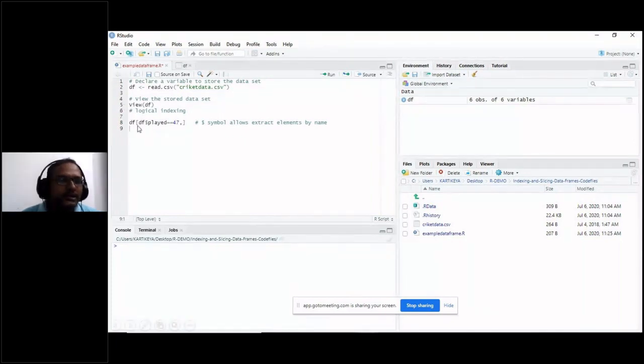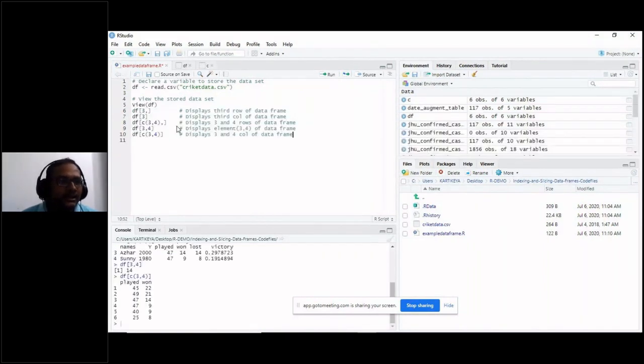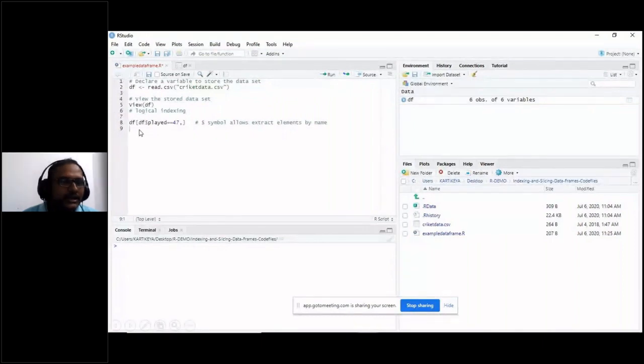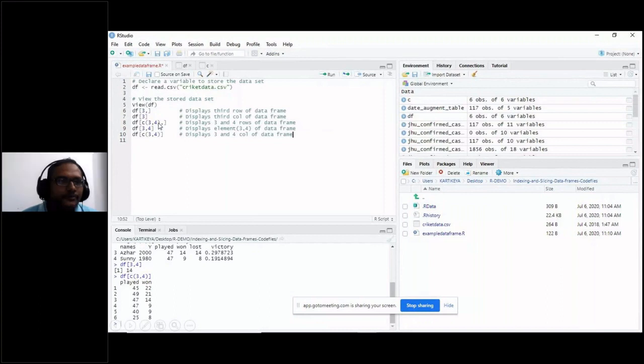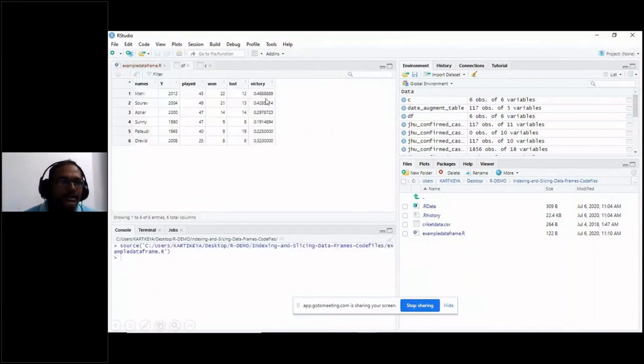If I want some logical operations to be done on your data set, then what we have to write is df dollar. See, once again, go back to your data set. In the data set, the number of matches played is 47 for Azar and 47 for Sunny. Right. Remember this particular column's values.